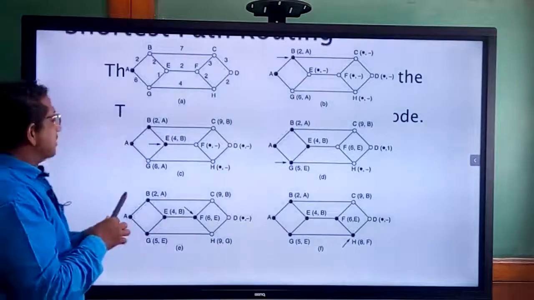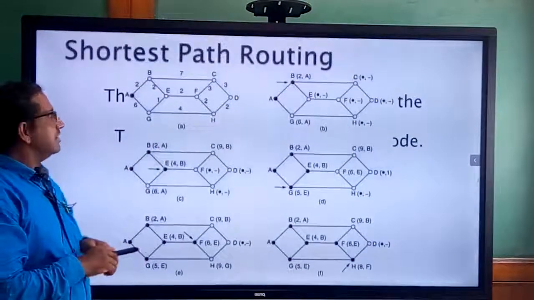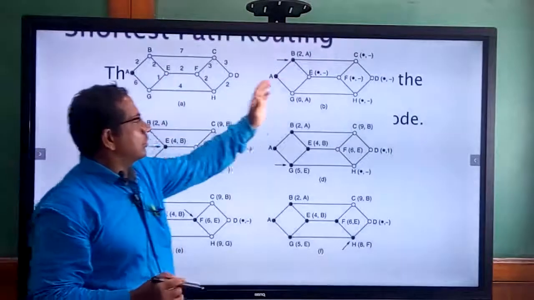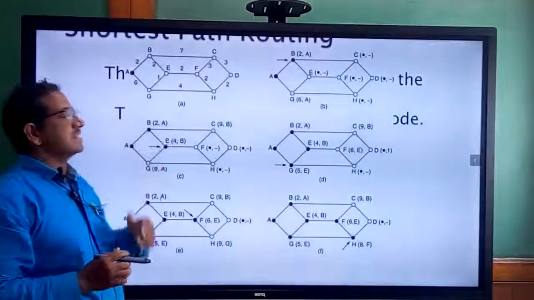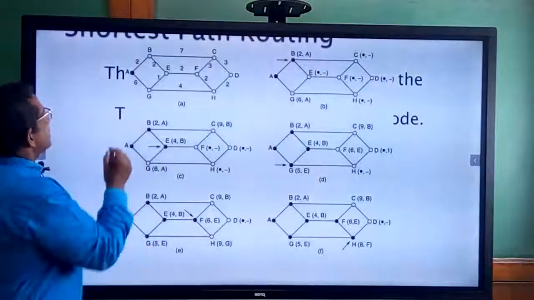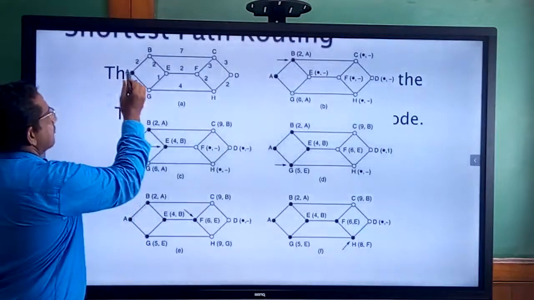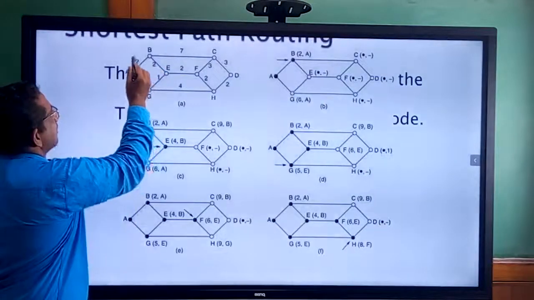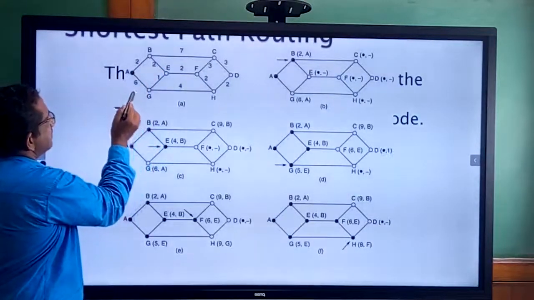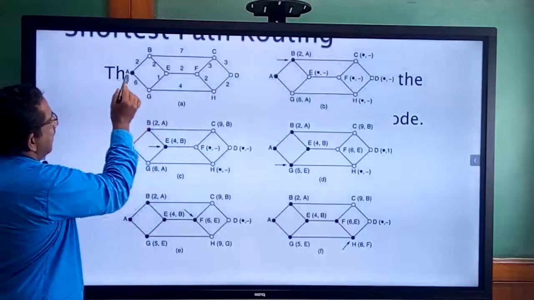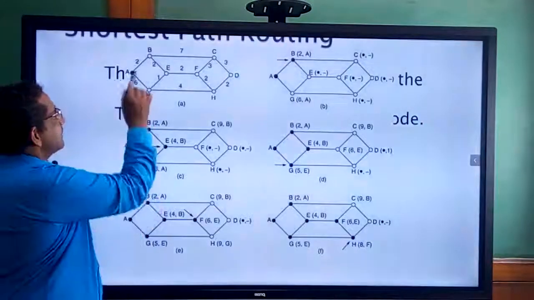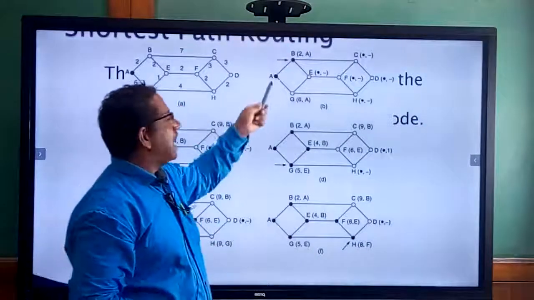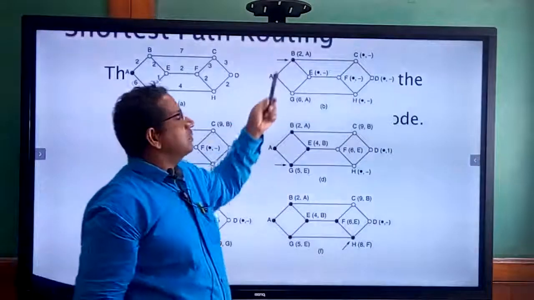That means what? These numbers are not actually predefined. These numbers will be found out by the router when it routes the packet while finding out the shortest path. Say router A finds out that router B is the shortest and it gives the number 2. It has given number 6 between A and G. That means B is the shortest. Therefore, it is going to take this path, leaving A as the active node and B as the working node.